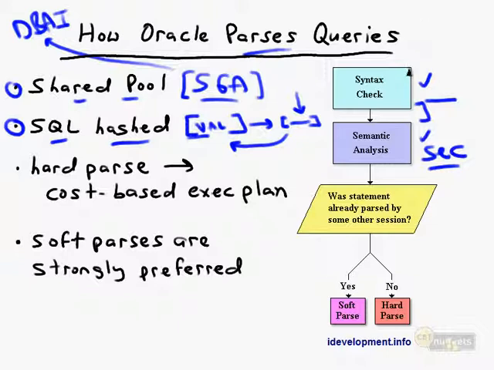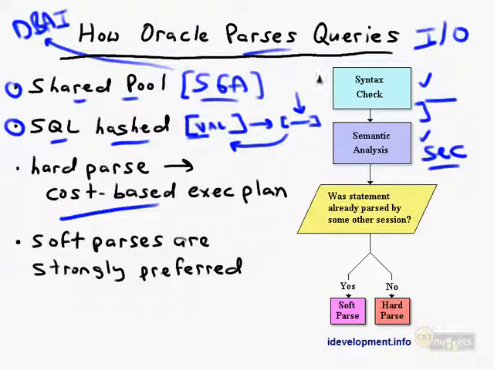absolutely true, and we haven't even gotten to the point of creating an execution plan, which is going to be a cost-based algorithm to develop a path, an access path, to satisfy the query as quickly as possible. So we're dealing with quite a bit of input-output, or I/O, when Oracle parses or interprets a query from a